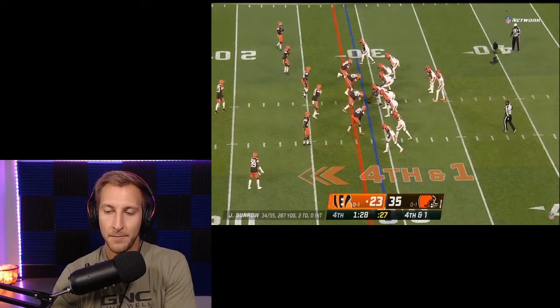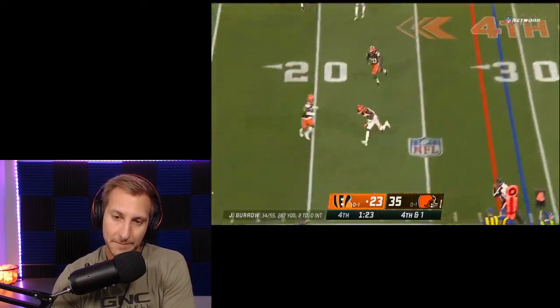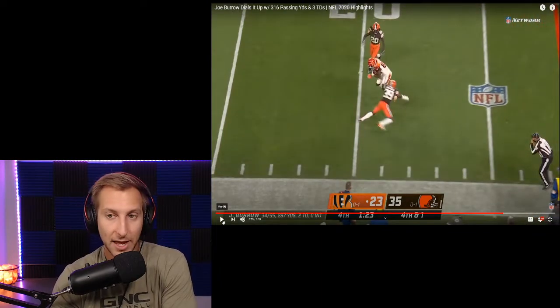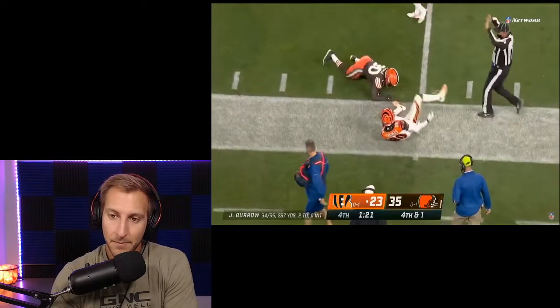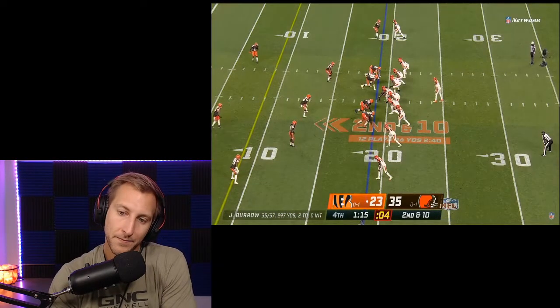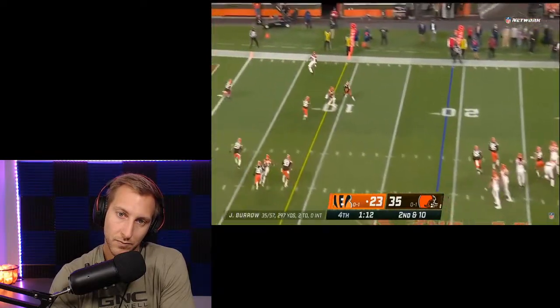Trying to go 5 for 5 on 4th down. And they do. 5 for 5 on 4th down. A couple of them picked up with his feet. Pass is caught. That's Thomas, and he's Joe Ward being one of them, Baker Mayfield and Nick Chubb. 2nd and 10 here. Pass is...